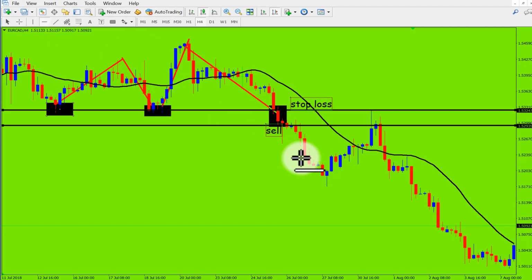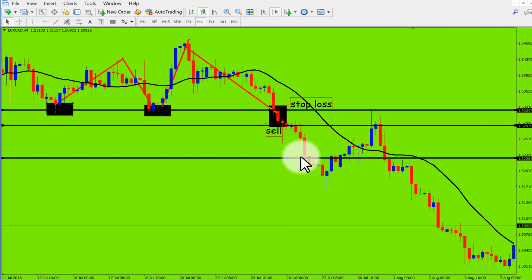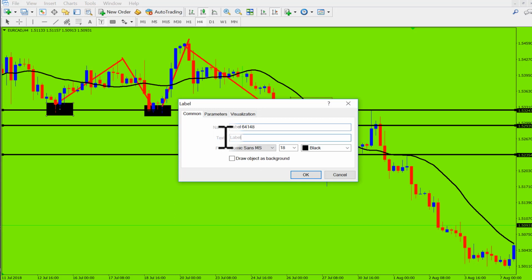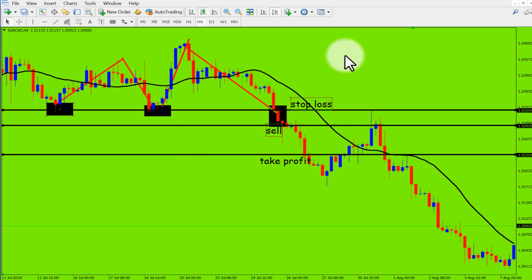Although it touched 1:3, or more than 1:3, but we can take our profit here. We can watch beautifully that our trade hits our target very beautifully. So now we can understand that double bottom works,